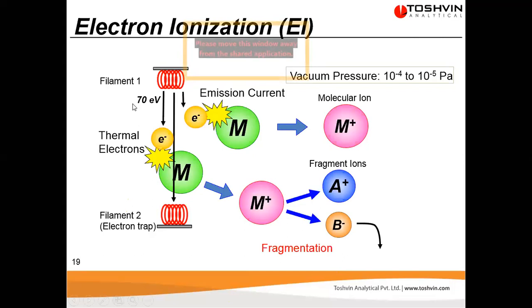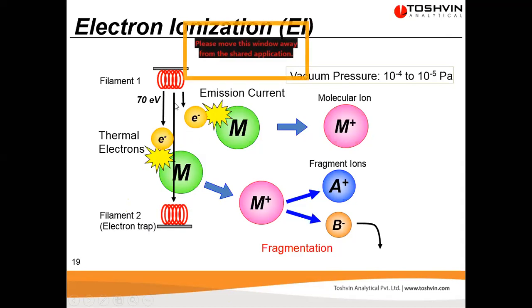The reason for having two filaments, that is the advantage you can see in Shimadzu. For example, if your run is going on and you are working on filament 1, and if it gets consumed during the run, it automatically gets switched over to filament 2. Your run won't get stopped or disturbed. After that, you can work on filament 2 also. So you have two filament options for working, filament 1 and filament 2.